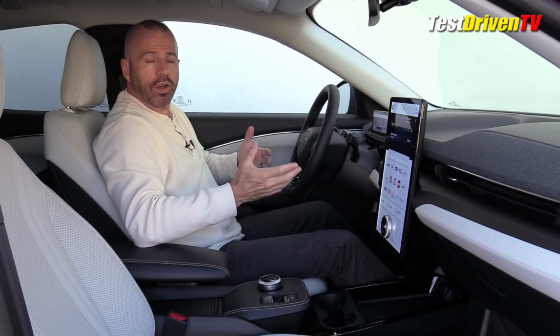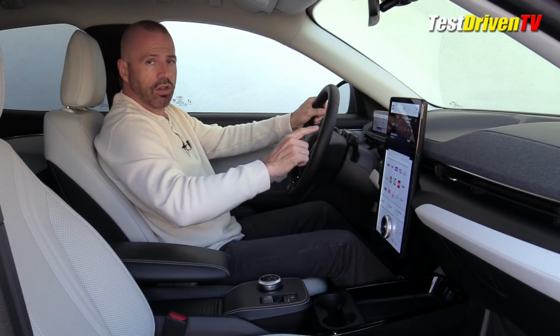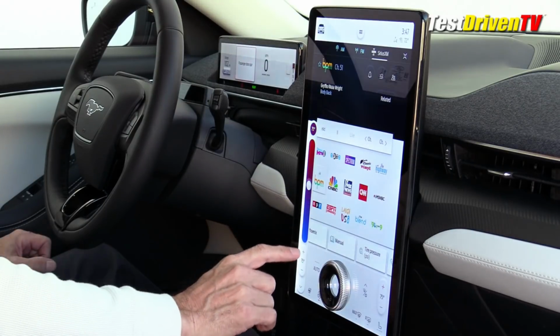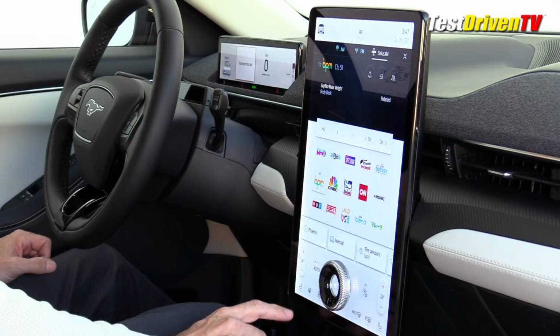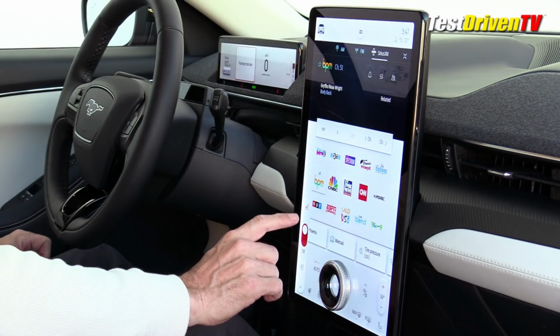When it does become difficult that this isn't lightning quick to respond to your touches when you're actually driving down the road and you're trying to deal with this while taking your eyes off the road. They need to do a better job at making this faster to respond to your touch. It's not rocket science. Just put a faster graphics card in there, do something, but this is one deficiency of